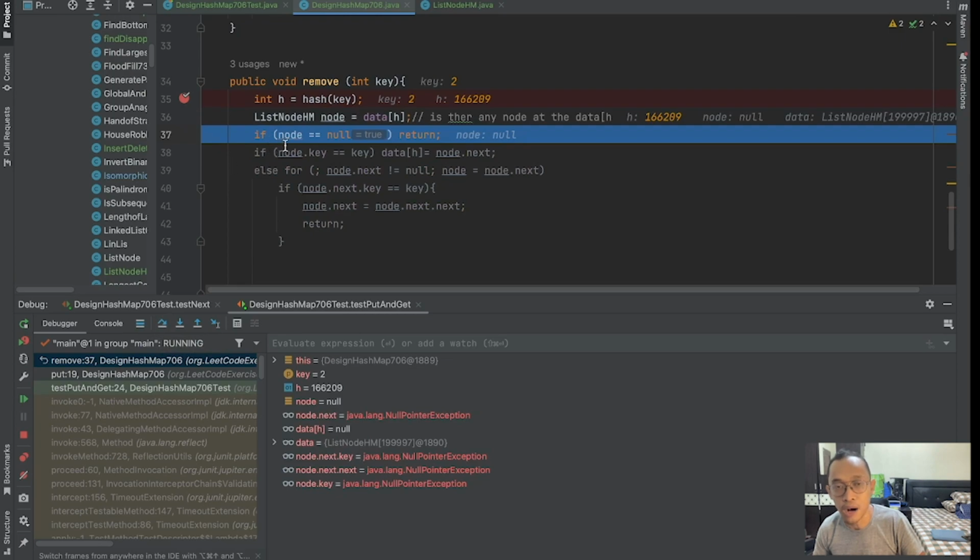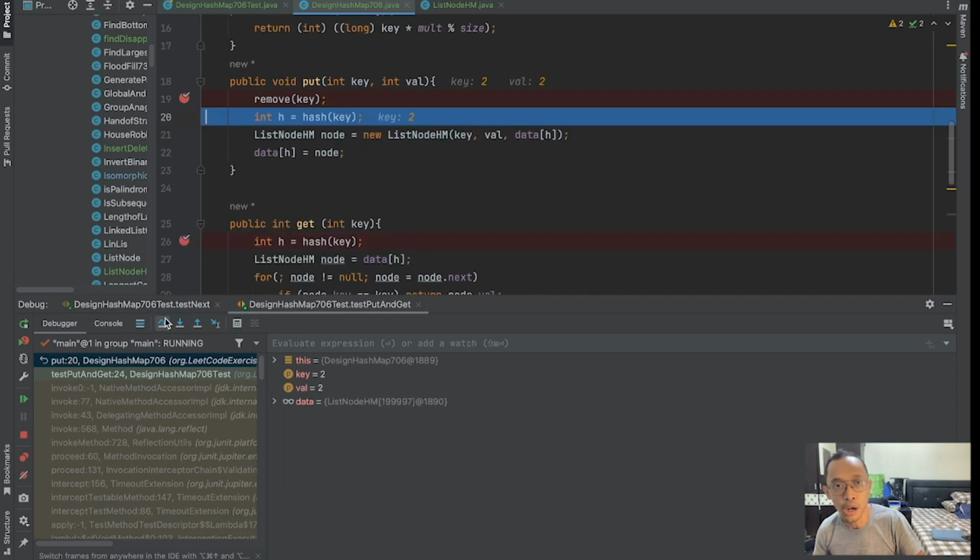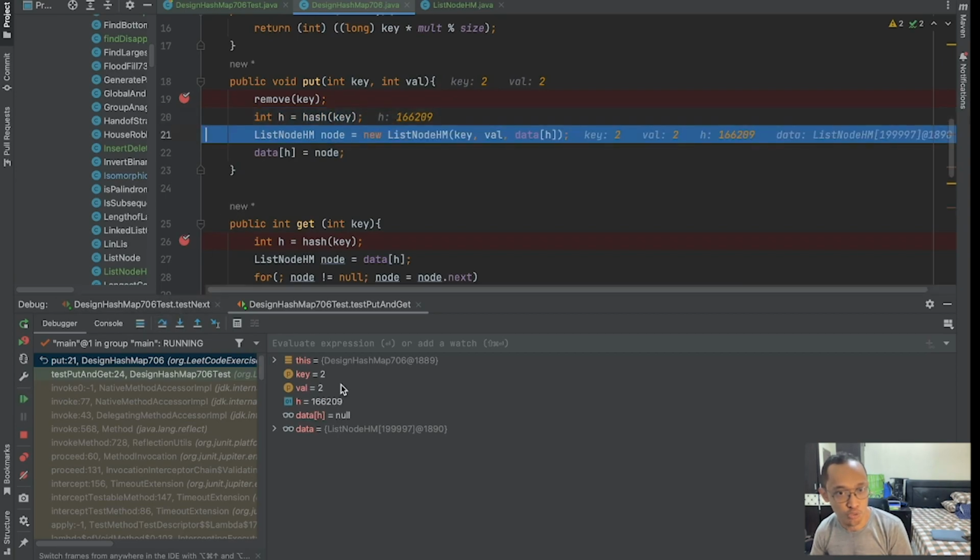And if our node is null, we will return. So we get out of this function, and we are back in the put function here. It also happened with key 1, value 1, but we skip it because I want to explain it right now, so I don't need to explain it twice. Okay, so our hash right now is 166.209, and then we will get the node